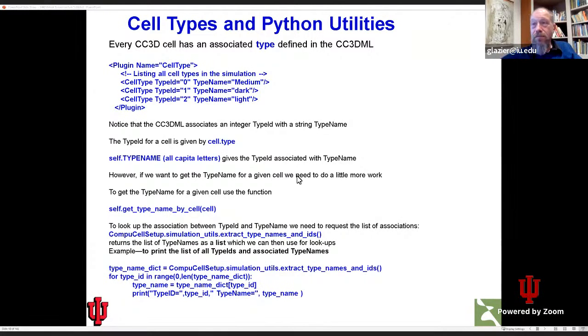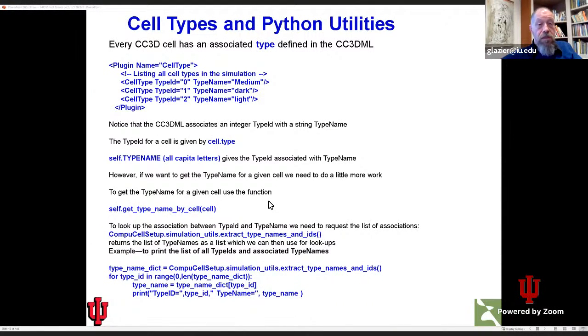And you can get it for an individual cell. There's a function self.getTypeNameByCell, and you can call that for a cell, and it'll tell you the type name for the cell. That's fine. However,